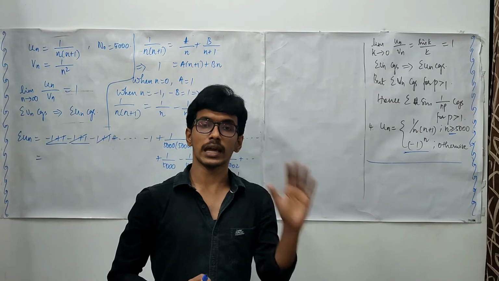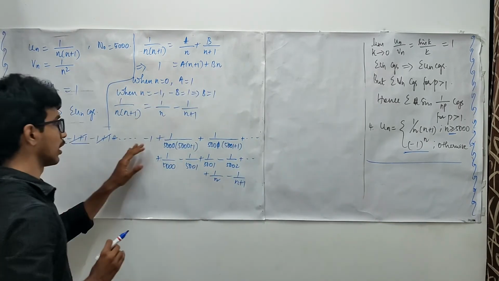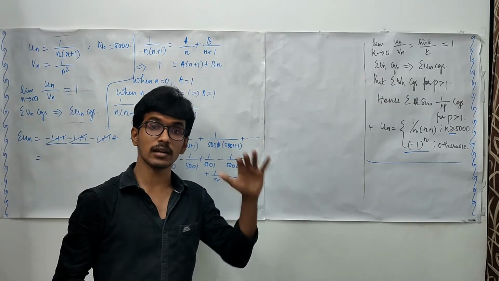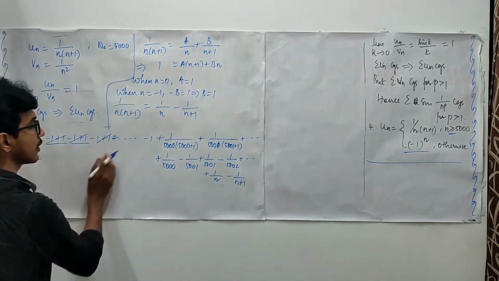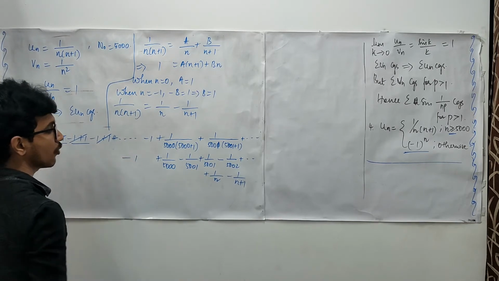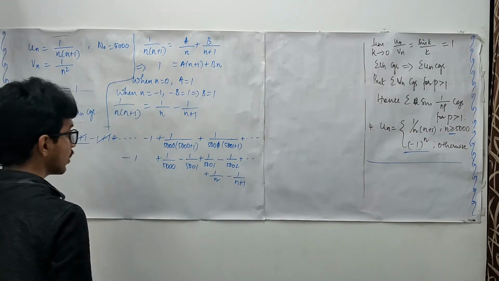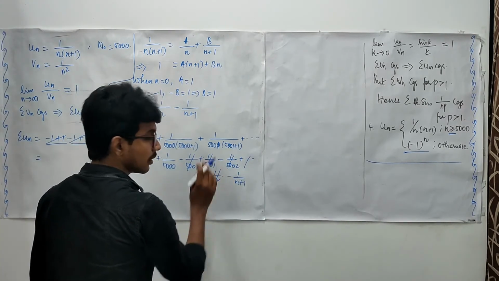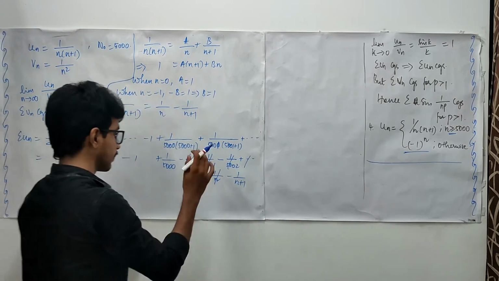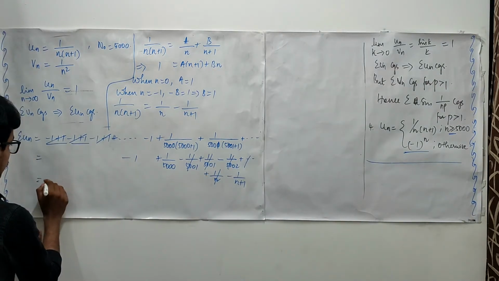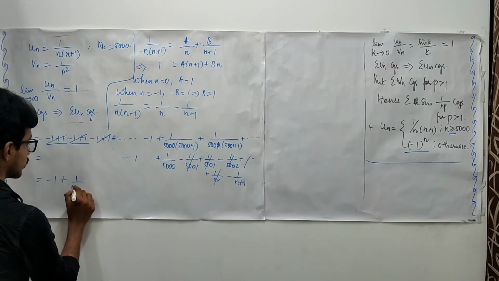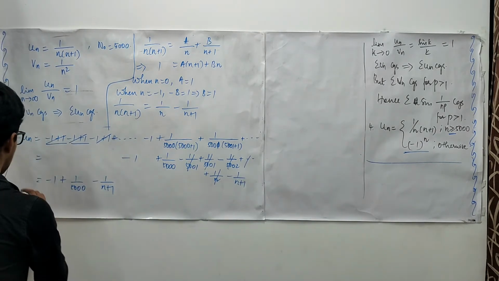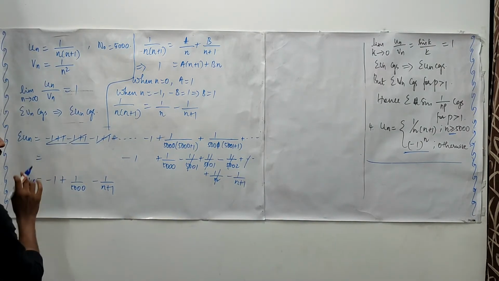Till the 4999th place we have values. The terms up to the 4998th place get cancelled, only this is remaining, so we are going to have only -1. And here also this gets cancelled, similarly this, and till this term will get cancelled. So we are left with -1 plus 1 upon 5000 minus 1 upon n plus 1. Okay, and this is till n.